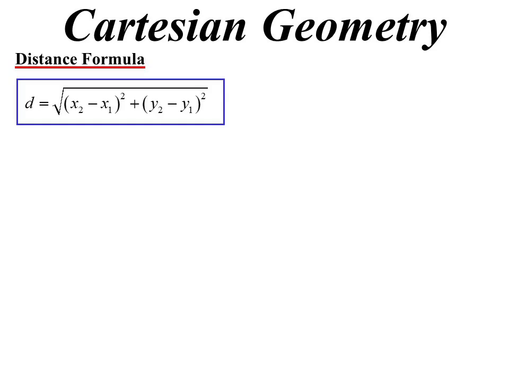Cartesian geometry, named after René Descartes, the French mathematician philosopher who came up with the Cartesian number plane. A couple of formulas which we should be familiar with, but let's just quickly recap them. The distance formula. Now if we want to find the distance between 2 points on our number plane, there's our